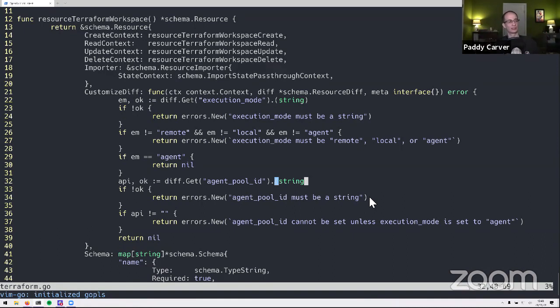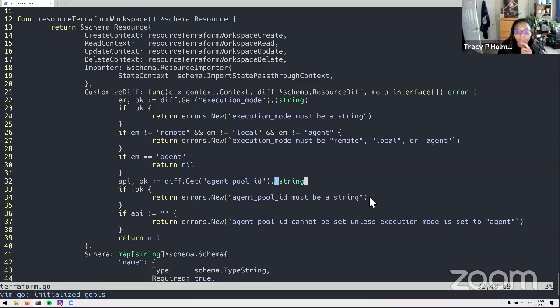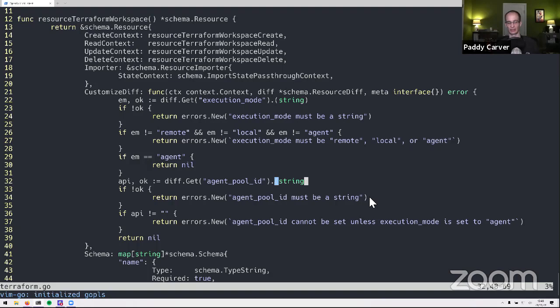The other thing is customized diff is just a very powerful tool, and there's a lot of ways that you can accidentally hurt yourself with it. I definitely worked on a bug where our improper use of customized diff made it so that we accidentally deleted and recreated resources on the user without telling them in the plan that we were going to do that, which is the cardinal sin of Terraform, destroying your infrastructure without telling you, because that means downtime.